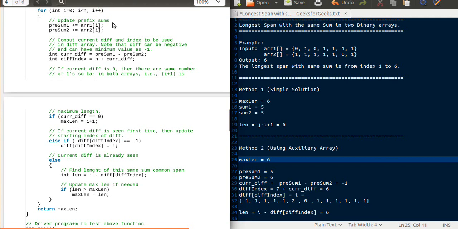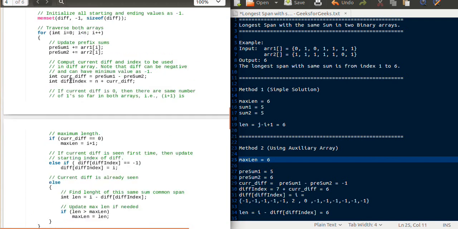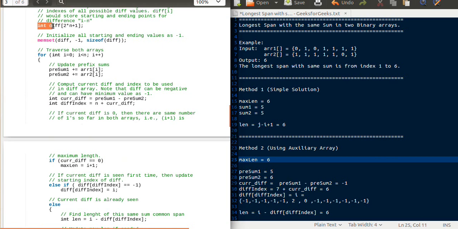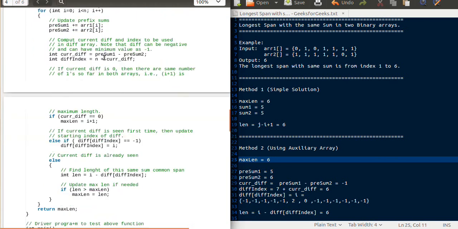So the time complexity of this solution is big O of n, because as the size of the input n grows, there's only one loop, and so the complexity of our algorithm grows with the size of input by the order of n. And also we are using this auxiliary array diff for storing the indices at which we found the difference, and as the value of n grows, the size of array diff also grows, so the space complexity of this solution is also big O of n.